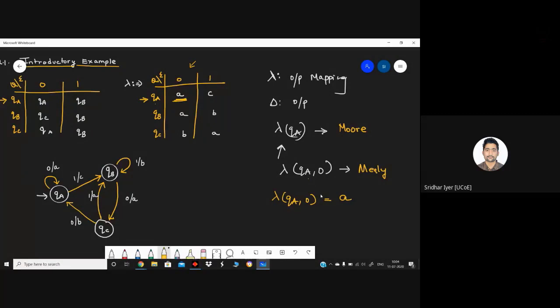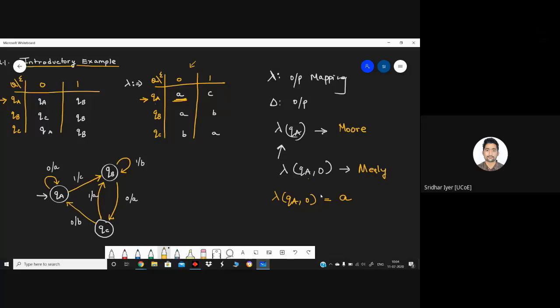The same would have changed in the case of a Moore machine. We would, for example, have written an extra column in a Moore machine, and that would have been the output of that state QA, if we had discussed this same problem for a Moore machine. So that is how we convert from a Moore machine to a Mealy machine, hypothetically.